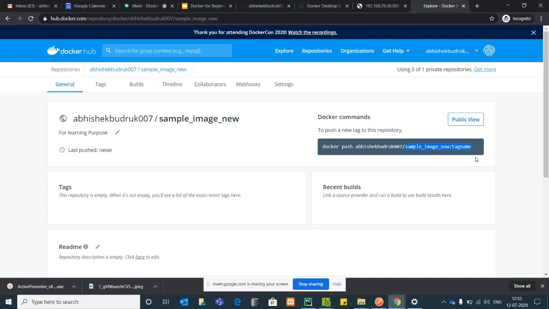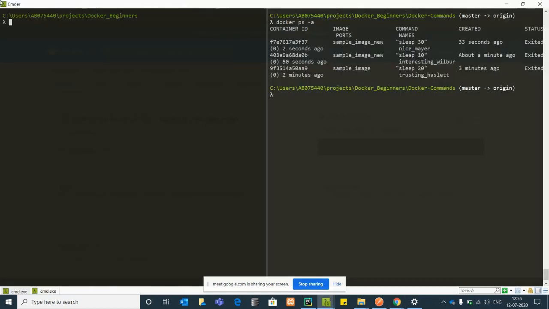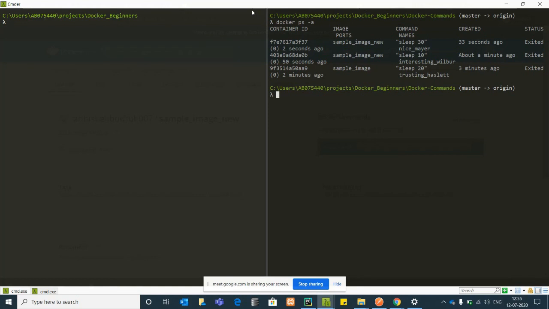This is the command, and the image name should be in this proper syntax itself. Then only can we push the image. Either way, the command is something like this.